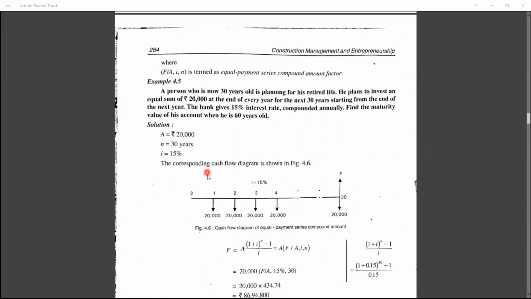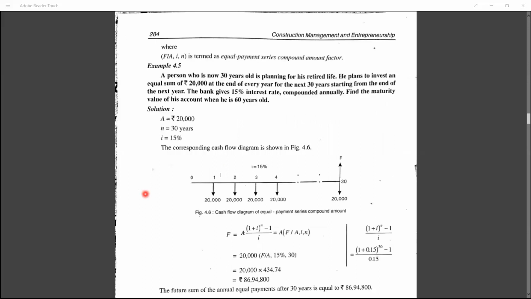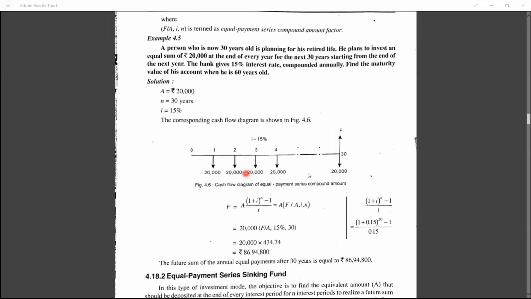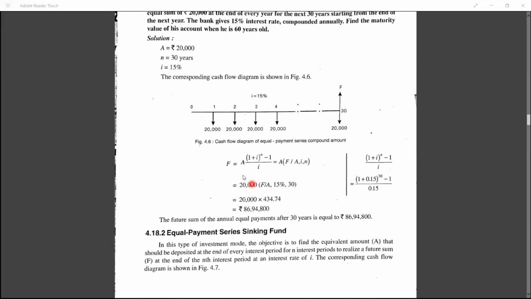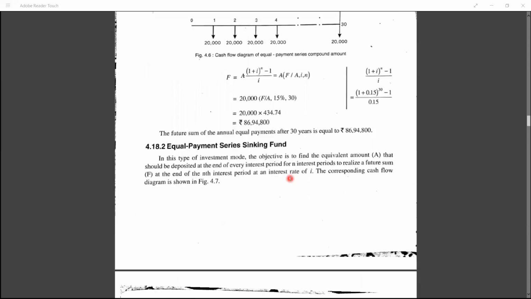The corresponding cash flow diagram, if you see here, at every year it is equal only. So just to input the formula, F is equal to A into ((1 plus I) raised to N minus 1) by I. N is nothing but years here. So better you calculate this at the bottom of your problem. So it will be easy. Don't refer to this A is equal to F by A and all. This will confuse you. Just take (1 plus I) raised to N minus 1 by I. So if you substitute that, you will get the answer.